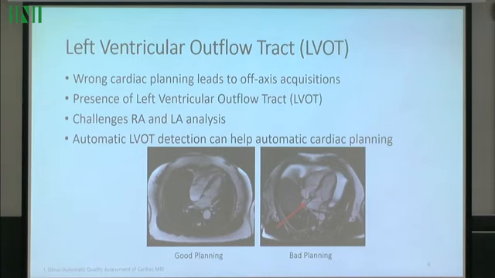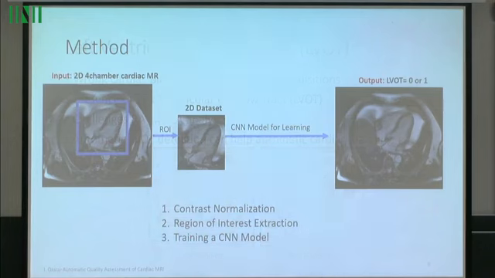Automatic LVOT image detection can ensure high diagnostic quality for 4-chamber images. We propose a method to classify well-planned and LVOT images. The proposed framework consists of using a CNN for LVOT detection, and there are 3 main steps. We first normalize the